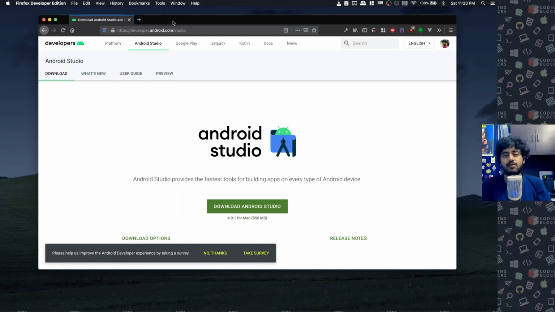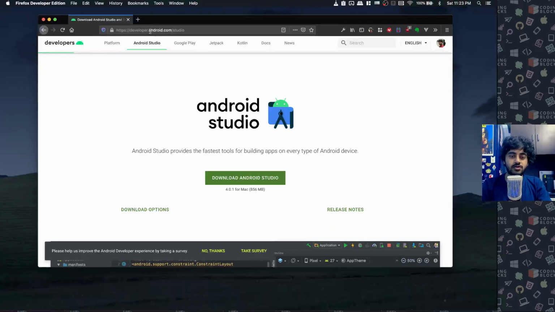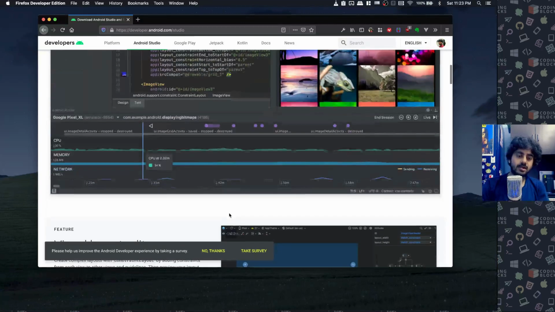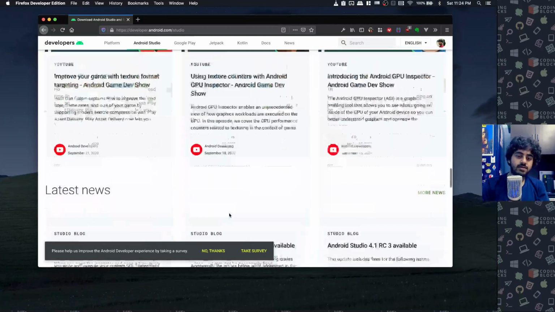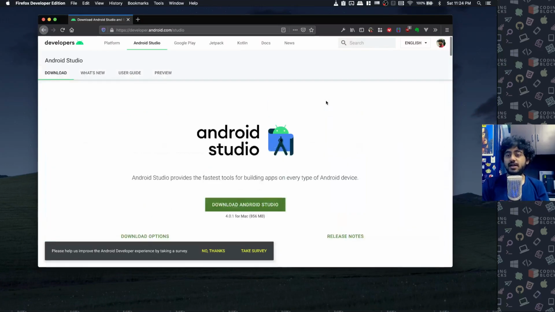But if you are starting off with Android development as a beginner, I generally recommend that you go to developer.android.com/studio and download whatever latest version is available for your operating system. The preview and alpha builds are mentioned here, the 4.2 Canary and 4.1 RC are available. But I generally recommend that newcomers try the stable builds because they would not have any issues